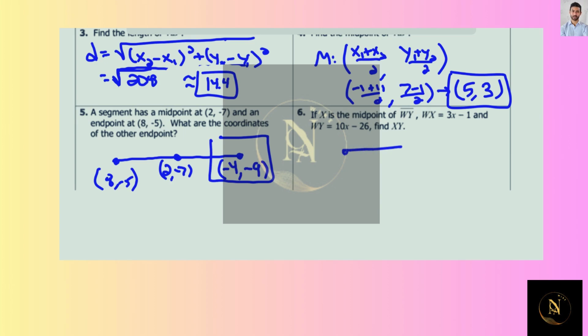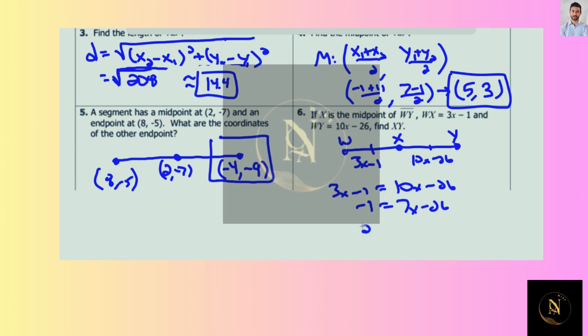And if X is the midpoint of WY, and WX is 3x minus 1, and WY is 10x minus 26, we want to find XY, but first we have to write an equation to solve for x. Midpoints cut things into congruent parts, equal parts, so 3x minus 1 is equal to 10x minus 26. You could subtract 3x to both sides, add 26 to both sides,